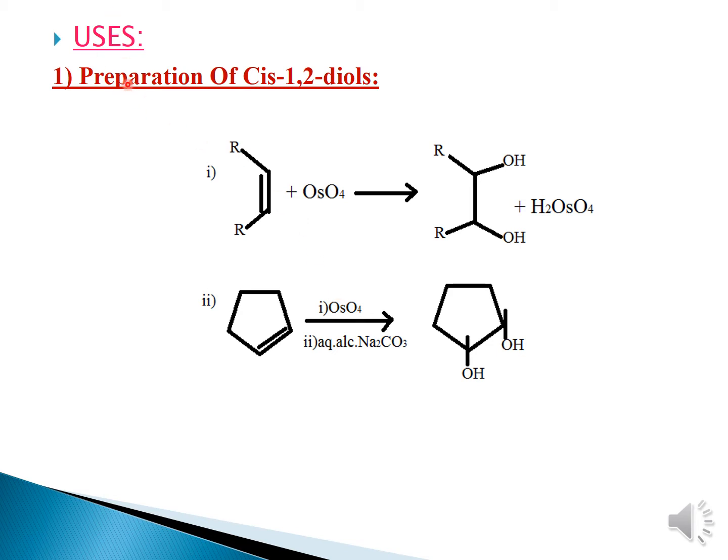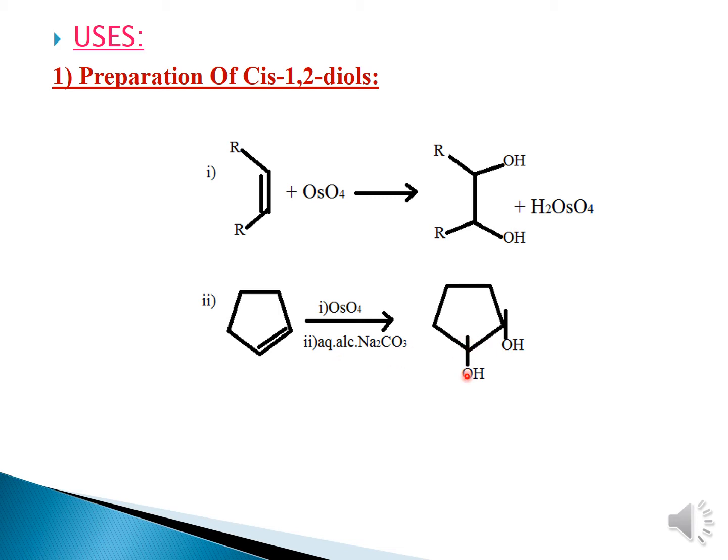So moving on to preparation uses. In the uses we have certain preparations, and we'll deal with the preparation first. We are taking an alkene or an olefin, and the olefin is treated with osmium tetroxide. At that time the diols are formed with the release of osmic acid. And again, if we take cyclopentene, upon treatment with osmium tetroxide in the presence of aqueous alcoholic Na2CO3,